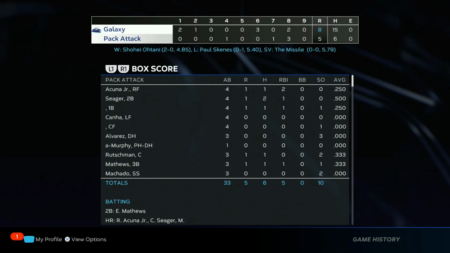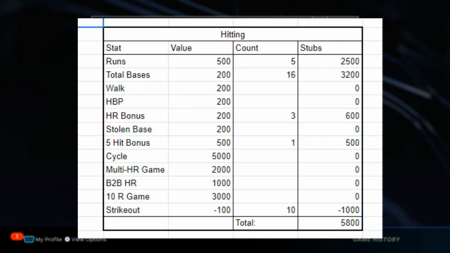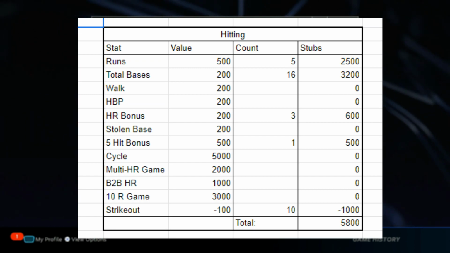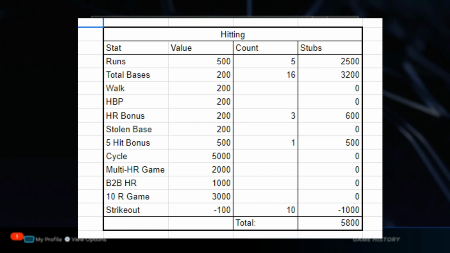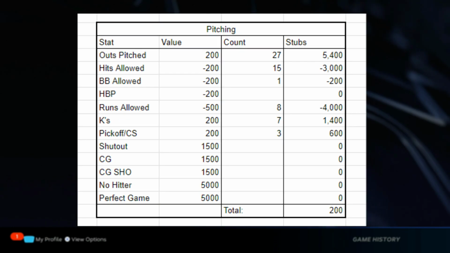And yeah, here's what we ended up with. Hitting did end up making 5,800. And actually, as far as Hall of Fame difficulty goes, I guess in the end, that's technically one of our better hitting games, wasn't it? Because we actually scored 5 runs. Pitching, though...